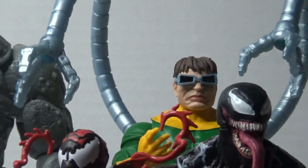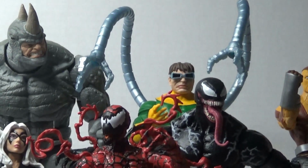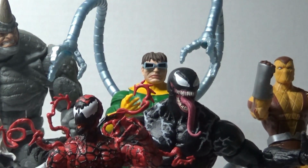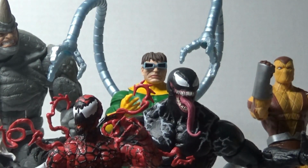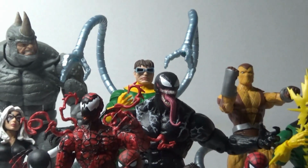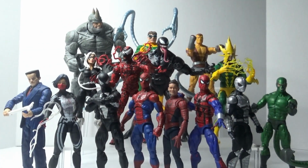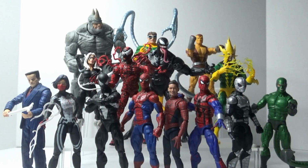I know they recently released a 2-pack with like Doc Ock from the animated series, and Aunt May. I've actually been thinking about getting that, more so for the Doc Ock, and then Aunt May, I guess, will just be there. But that's going to do it for my Spider-Man collection. Or is it? Because I recently got this